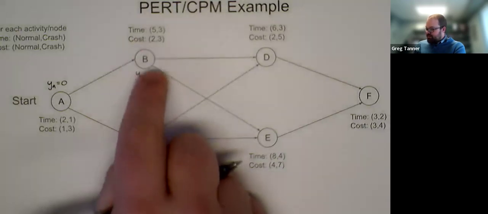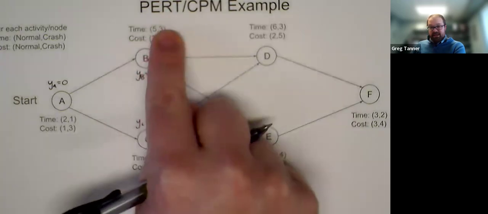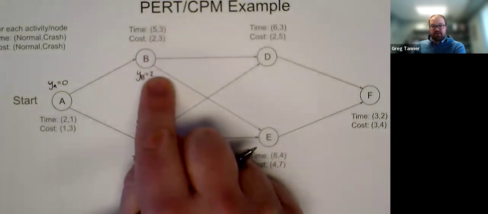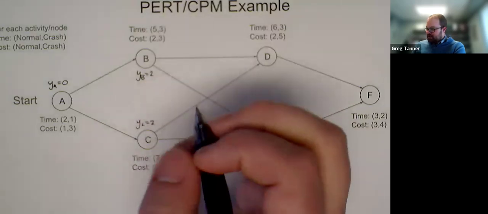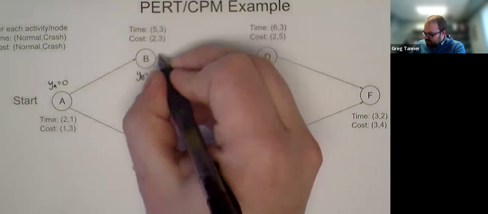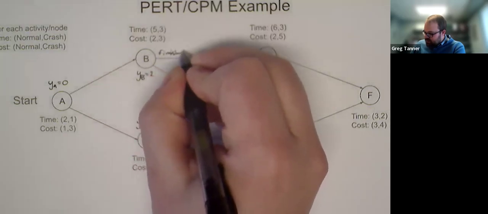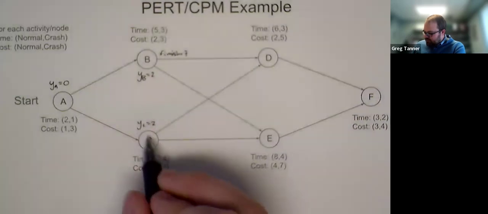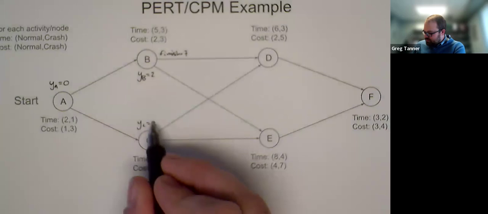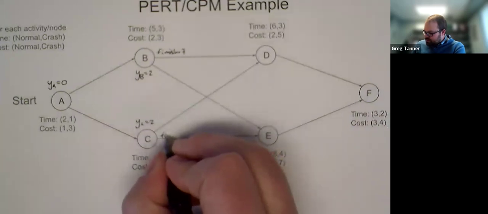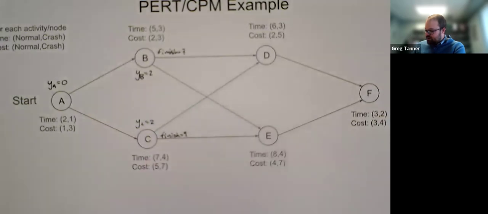Then activity B finishes at time, well, it takes 5 units of time. It started at time 2. And so it finishes at time 7. And so maybe I'll just write as a note here, finish equals 7. And then for activity C, it finishes after 7 plus 2. So I'll just write here, finish equals 9. Okay, so now